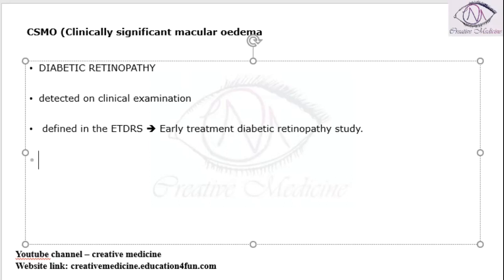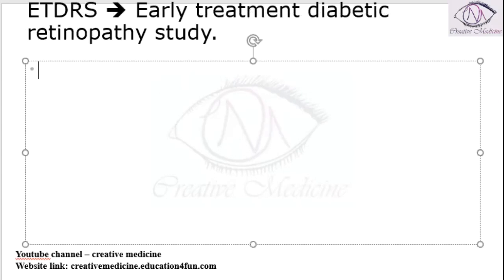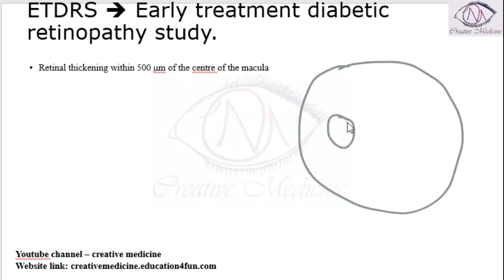According to this definition, it has three components. So if we see the definition of ETDRS, the first component is retinal thickening within 500 micrometers from the center of the macula. So, if this is the optic disc and this is the macula, if there is retinal thickening within 500 micrometers from the macula, then it is